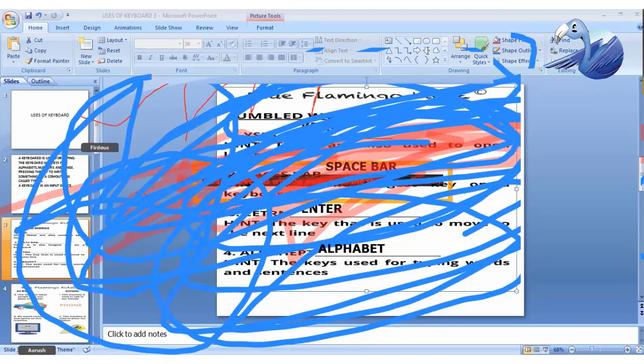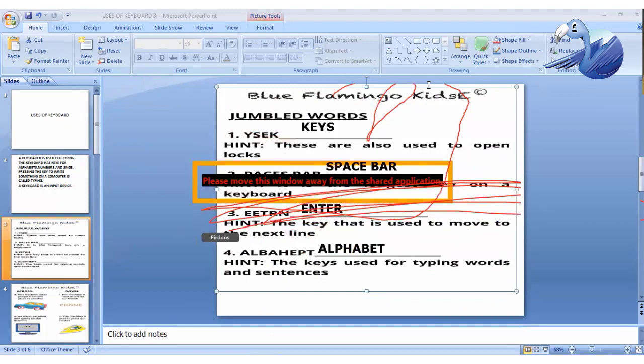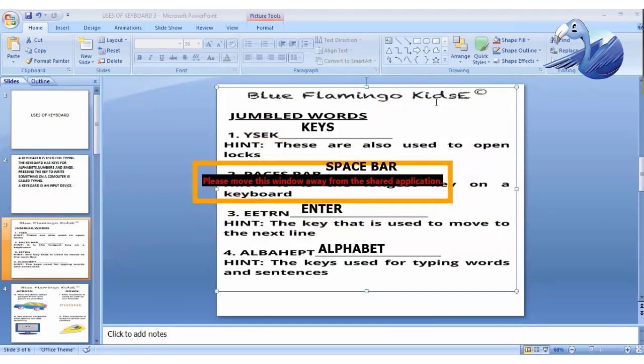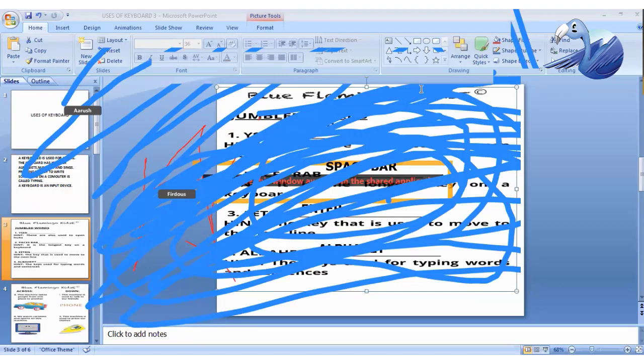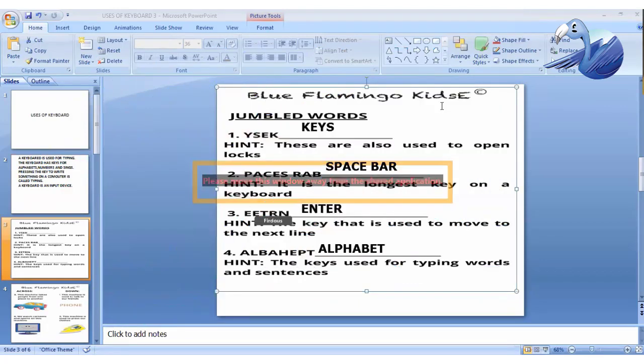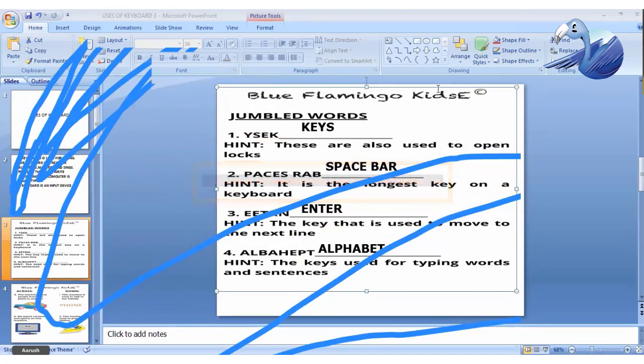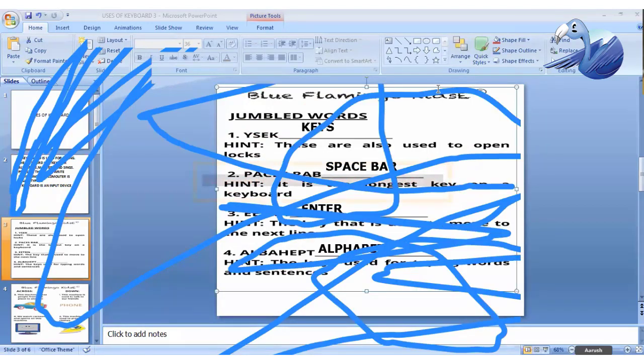Which key, students? Alphabet key. Okay, everyone. So which key you have to use? Alphabet keys. Okay. And one more key that is missing here, that is backspace.